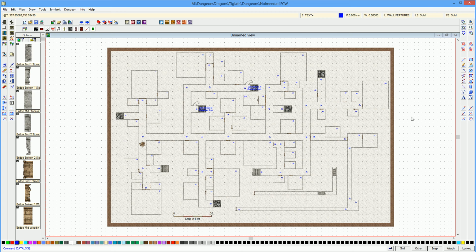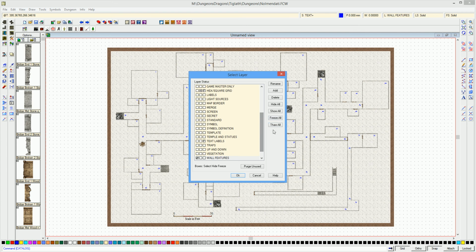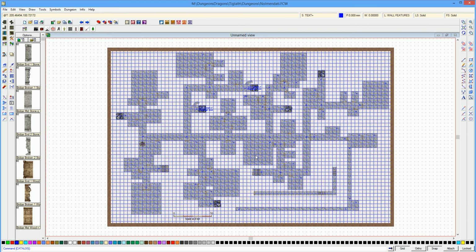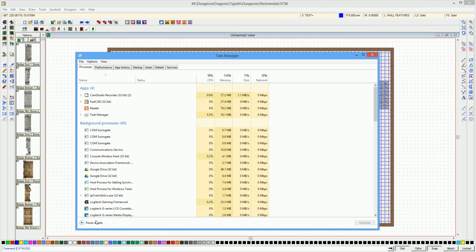I'm not going to do a tutorial about this. This is just a description of a tool for the DM to consider. Now, let me show you one of the reasons not to consider it. This is the problem. So let's bring up, first off, handy dandy Task Manager, and we'll go to performance,